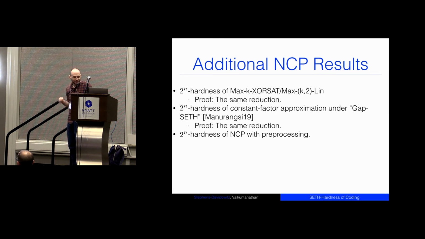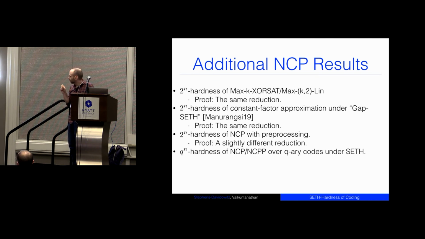We also show 2 to the n hardness of the nearest Codeword problem with preprocessing. So this is the variant of the problem in which you're allowed to play with the code for as long as you want, and then you're given the target, and you have 2 to the n time to solve it. We show that there's no non-trivial algorithm for this as well, and the proof for that is a slightly different